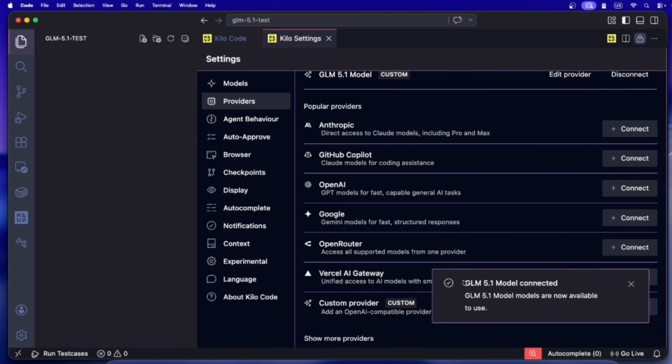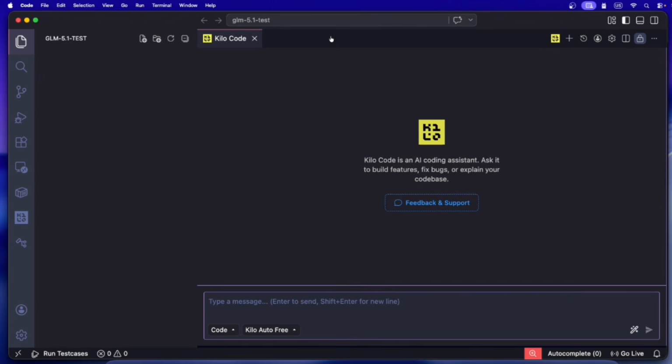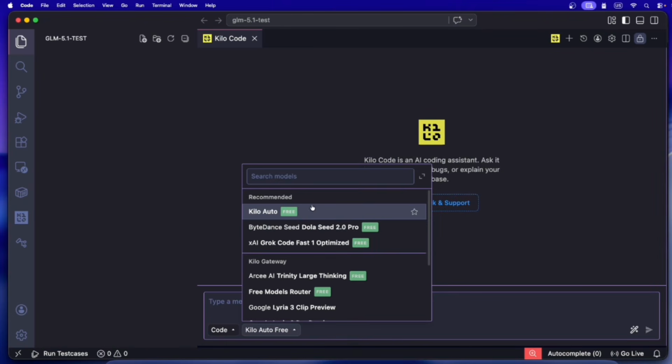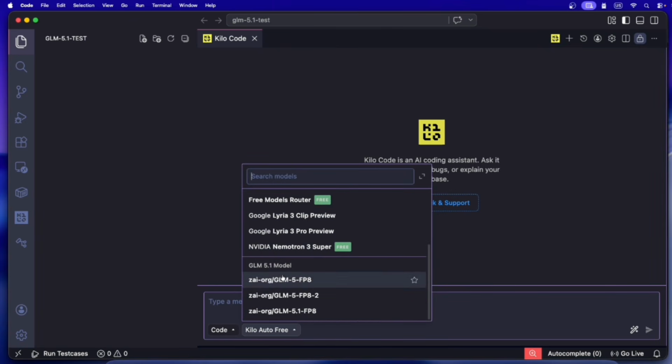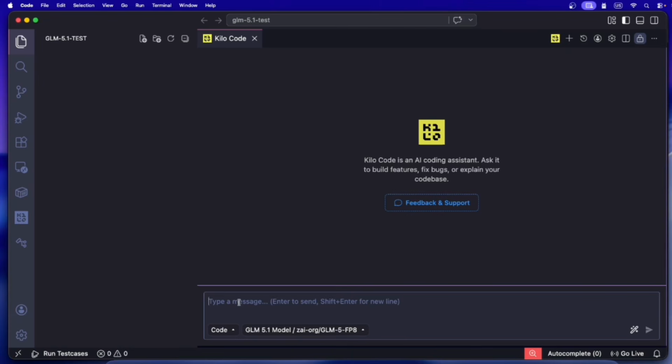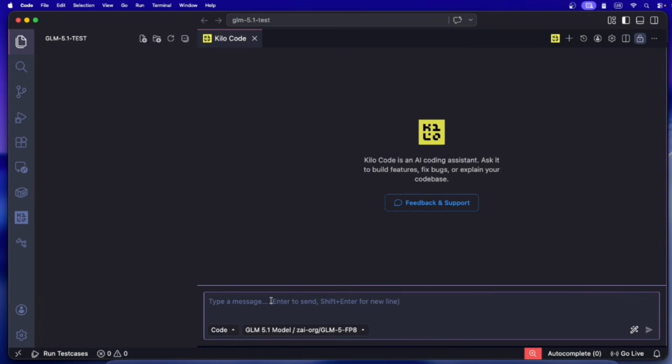You can see it's connected. When it's connected, we'll just close this setting, and now here it came. If you go there, you can see you will have the available models. You can choose any of these. Let me choose this one, and if you just ask for anything, for example, you can just ask for